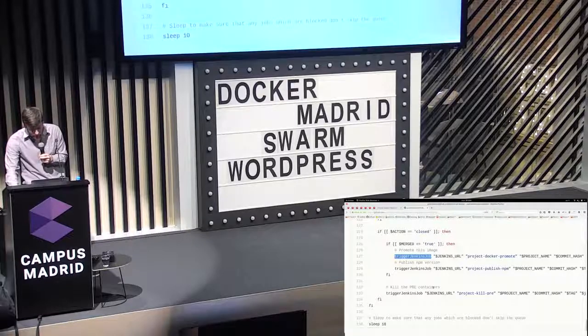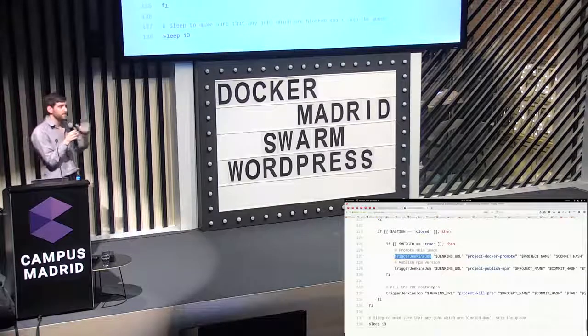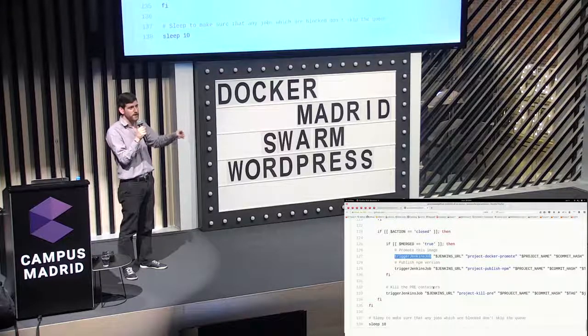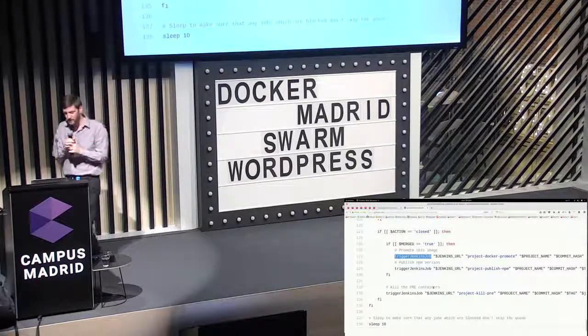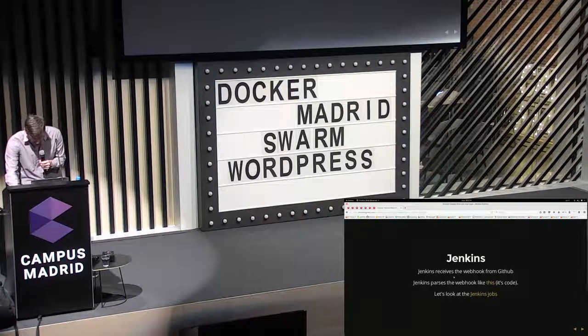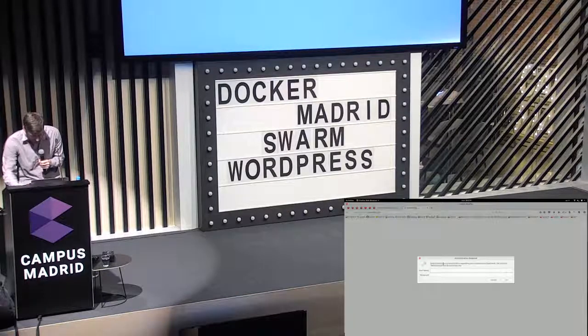And then finally, we kill the pre-containers, because we can't just be putting lots and lots of containers on this swarm. We need to clean sometimes. So when the pull request is closed, we kill it. We just close the servers. So that was the code that Jenkins used to